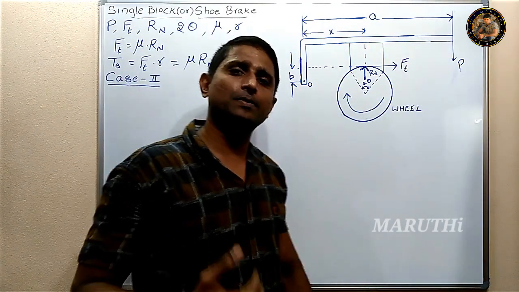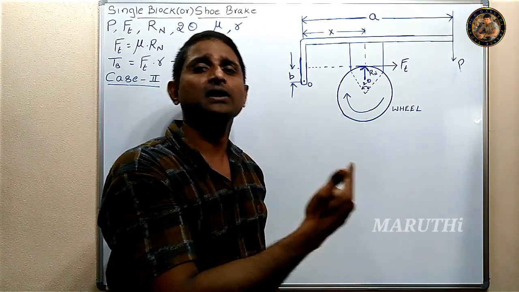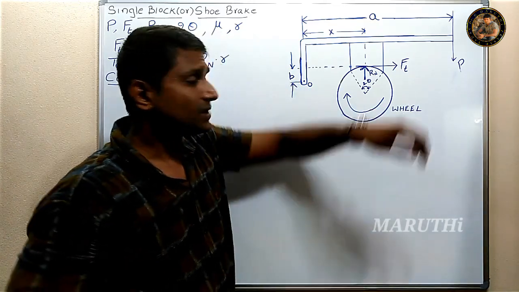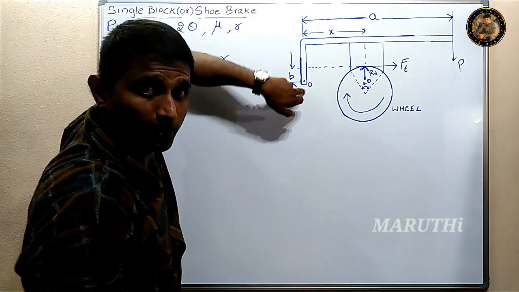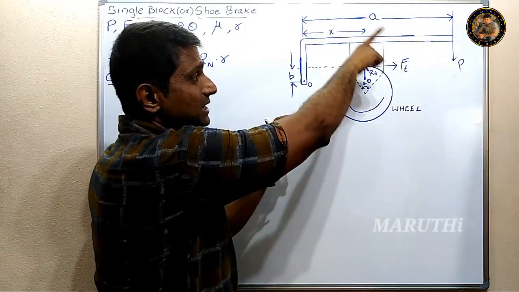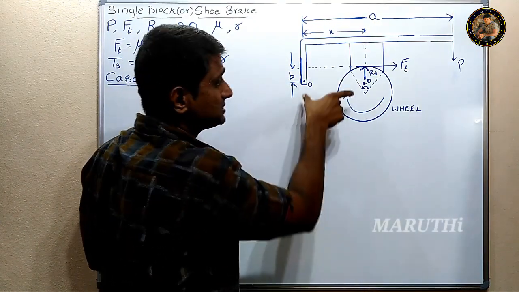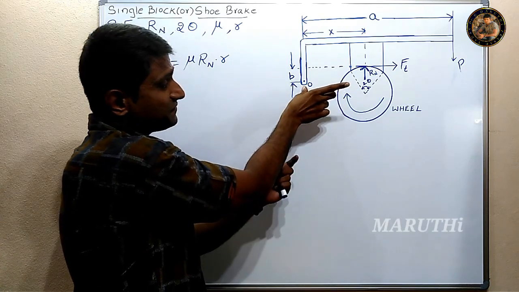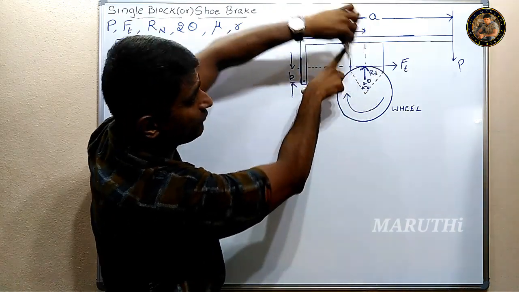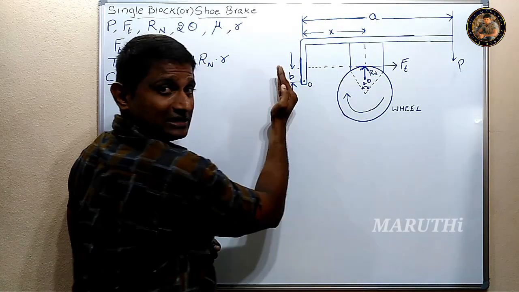Now again, applying the equilibrium conditions, taking the moments of all these three forces, P and friction resistance force Ft and normal reaction Rn about O, about fulcrum O. See here, about the fixed point O, this is a fixed point, whereas here the force is downward P. So it is clockwise moment P into distance A. And whereas the moment because of Rn is, this is fixed, and here Rn is upward. Therefore, counterclockwise moment because of Rn, that is Rn into distance x.